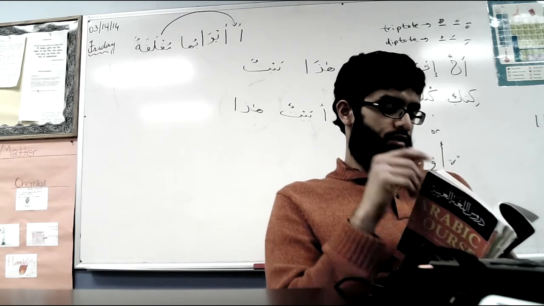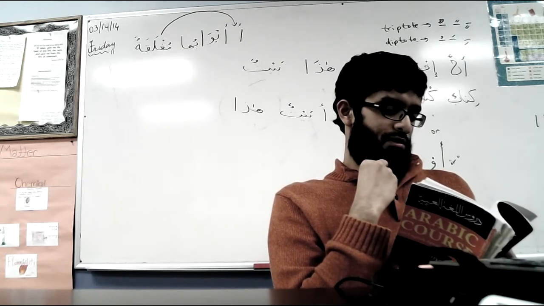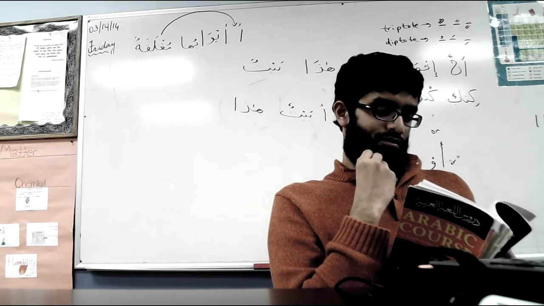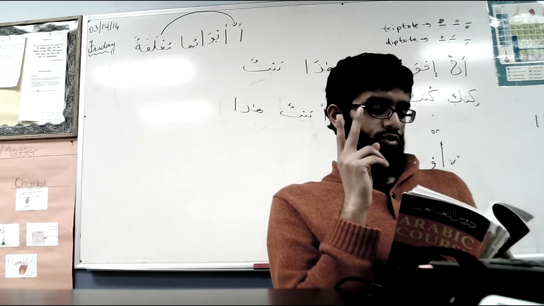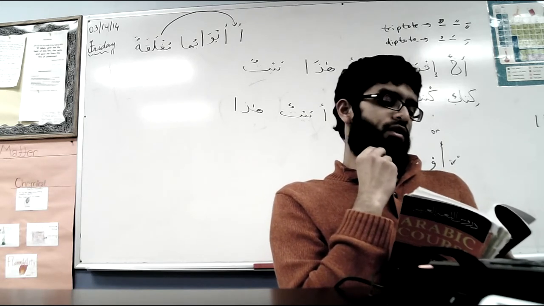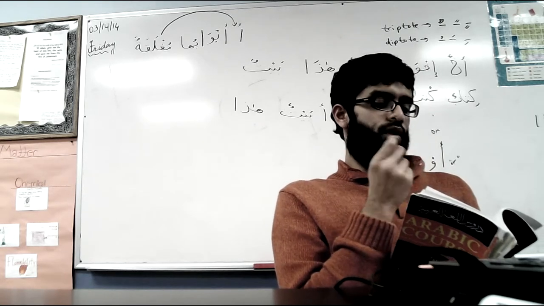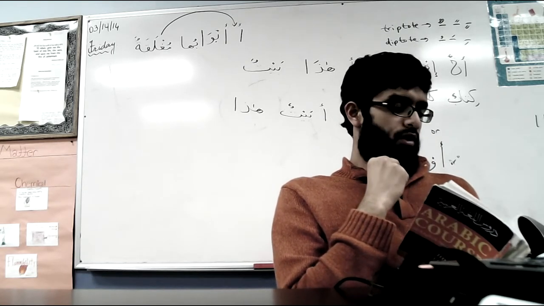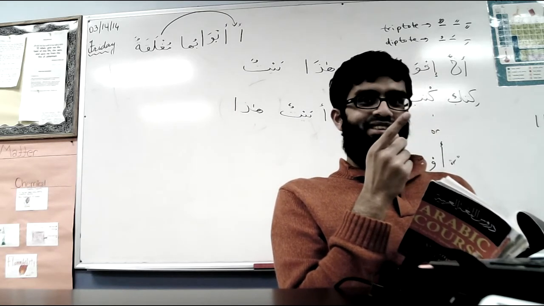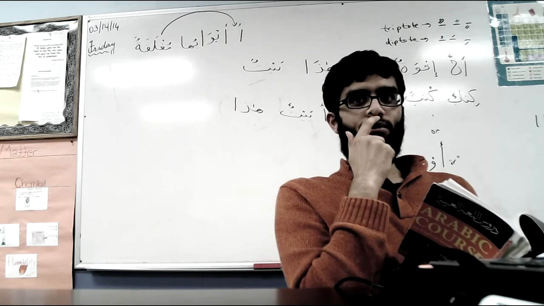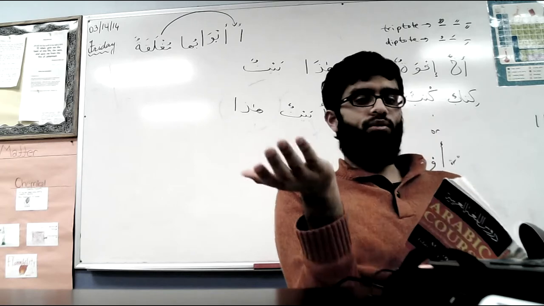Okay, read the next sentence, Zaira. Ahmadu wa Hamzatu talibani. Okay, what does that mean? Ahmad and Hamza are two students. Talibani. So how do you make talibun dual? Add an alif noon, right, with a kasra. Taliban. I know that, but I didn't know that in the English translation I can say two students. Or you can say students, because in English we just have singular and plural, right? There's no dual.